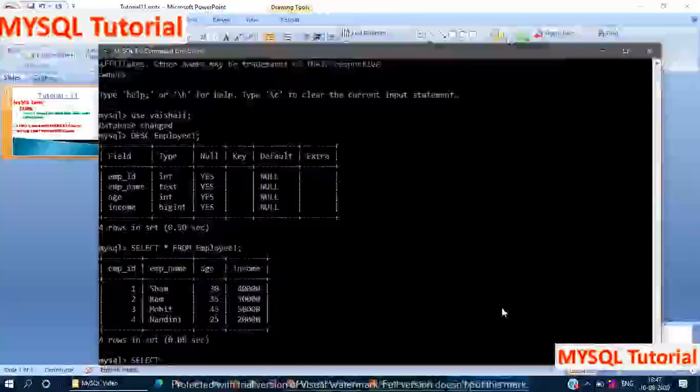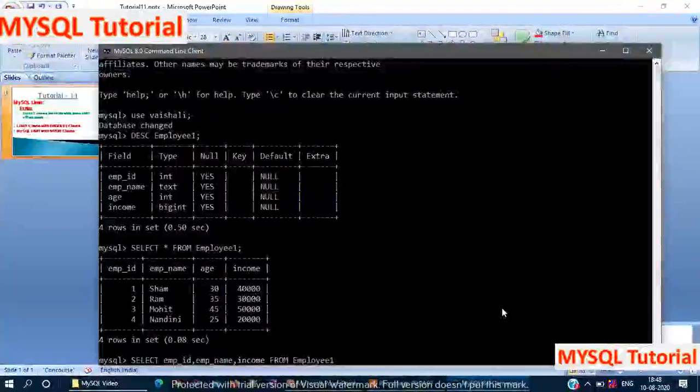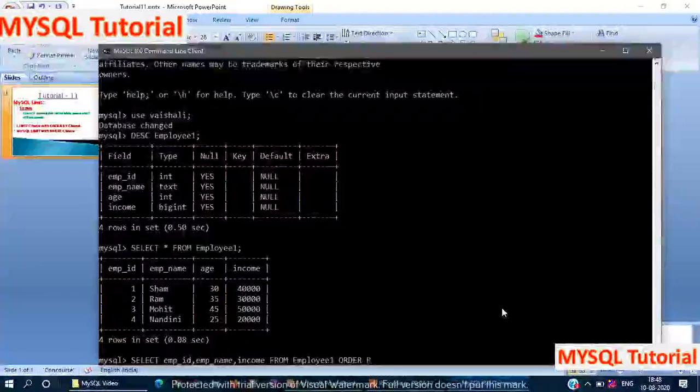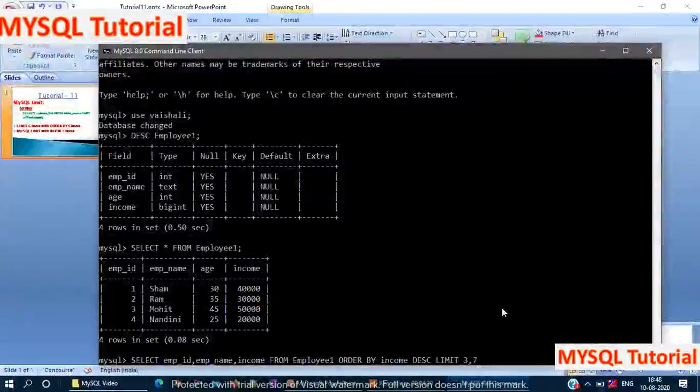Here I am selecting employee ID, employee name and its income from employee, order by income, then specify the limit, offset and its count value. Offset value is 3 and count value is 7.